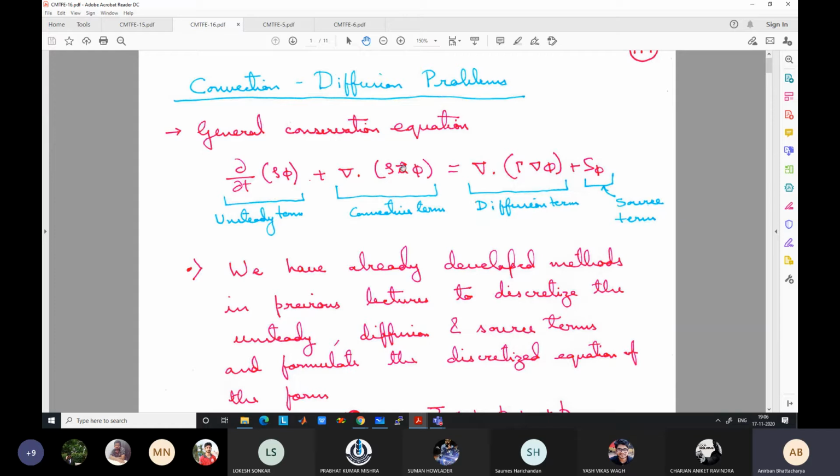But the point is that u is already known at this point. U means the u at all the grid points, all the control volumes is known. Vector u means if it's a 2D problem, both the u and v components are known. If it's a 3D problem, the u, v, and w components are known at all the grid points, all the control volumes. And if the velocity field is known, how it affects the other scalar fields like temperature or concentration, that is what we are trying to learn, or deduce, or derive schemes for. That is our aim in this subsequent discussion.